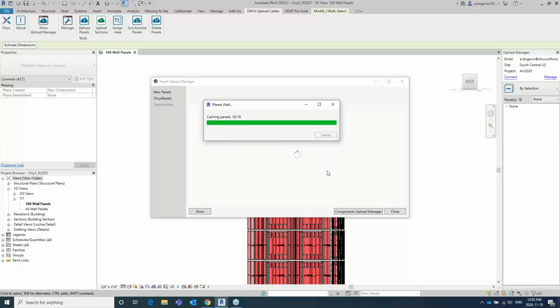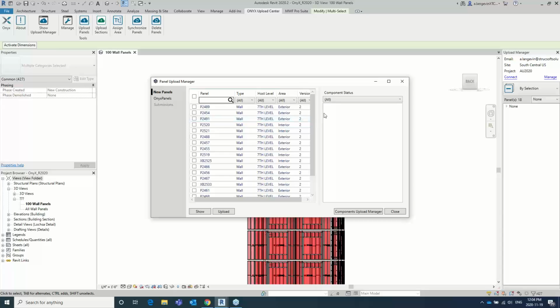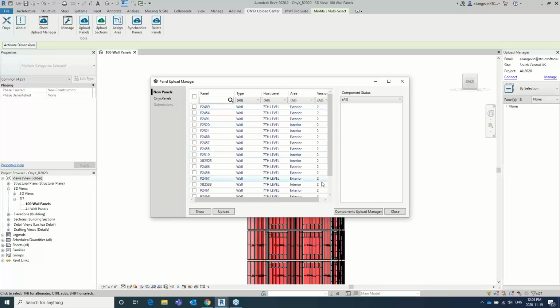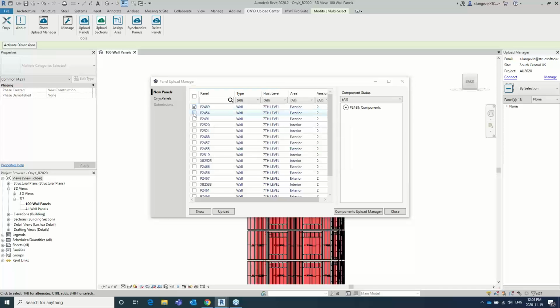Now, the order in which you would upload everything to Onyx would have been to select this upload section first. But I can get to it through here, which is why I'm just going to show you this part first. So here are all my panels that I selected. You'll notice here that we have a version 2 on the side. This is because I've already uploaded one time. So if I go ahead and select these panels,